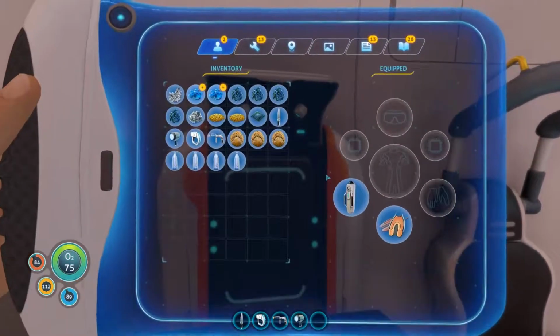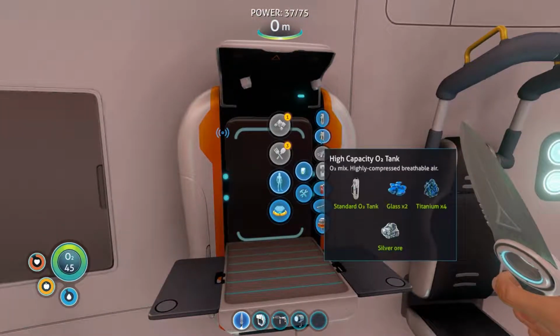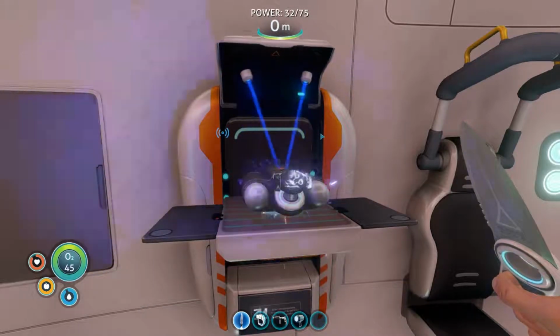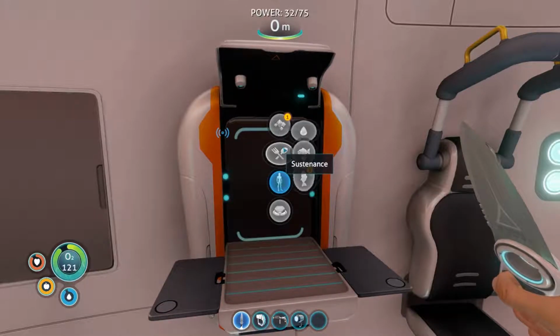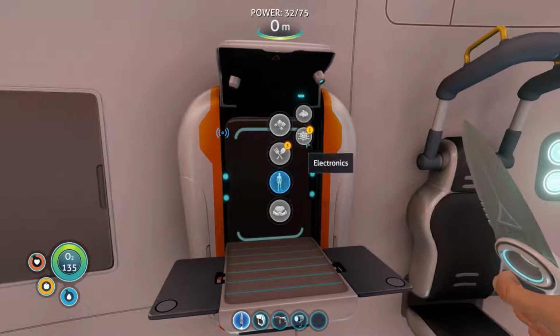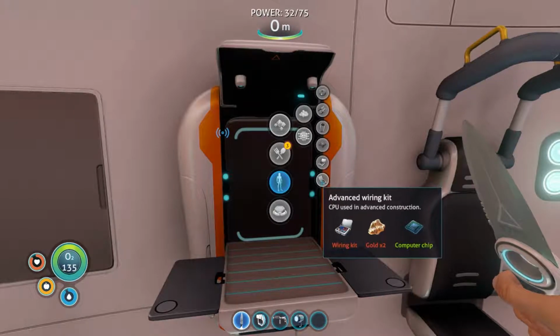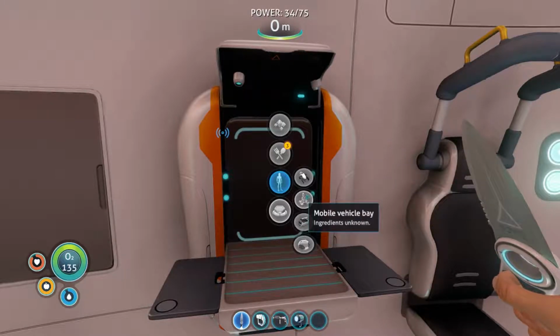Do we not have the... Okay, so we have to unequip that, I would assume. And now we can make the high-capacity tank. Okay, I feel a little bit more secure with that in my life, honestly. Advanced wiring kit. Okay. I don't think we need that for anything in particular right now, but what we do need to make...